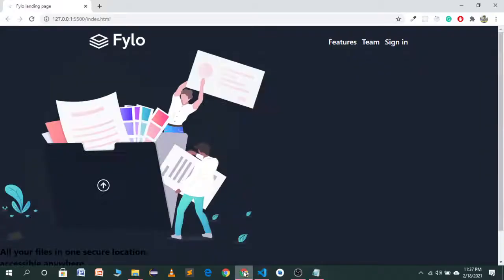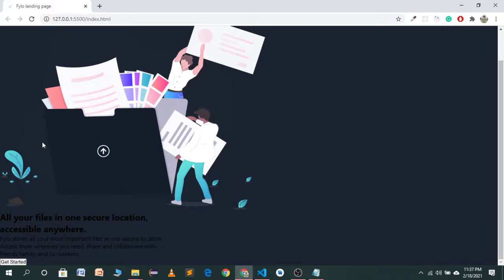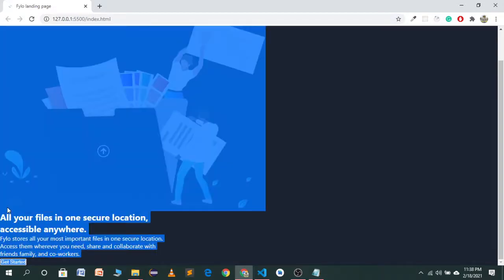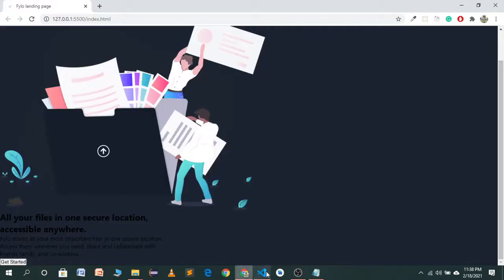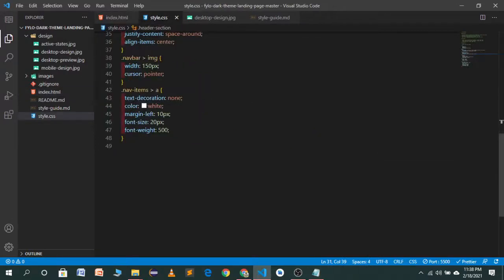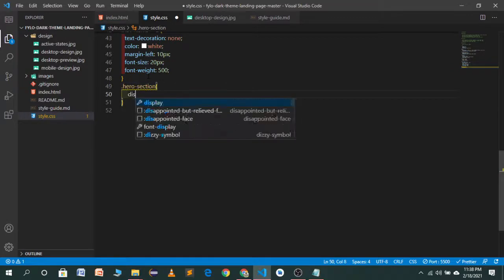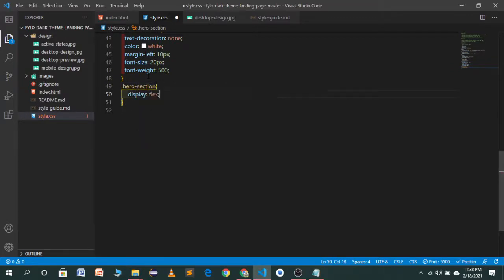Now we will go to our section. As you see, this style is looking quite ugly right now. So we will fix it by going into our style file. Let's go to the style file and target this section, section dot hero-section, not double n, only one n, and we will use display flex.